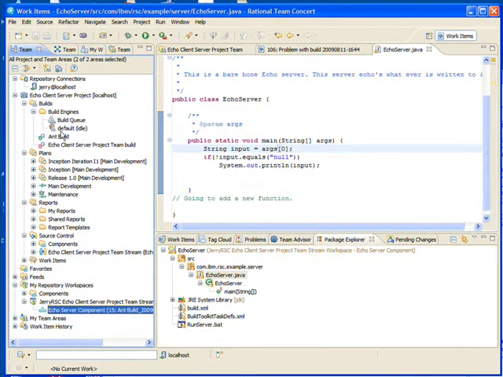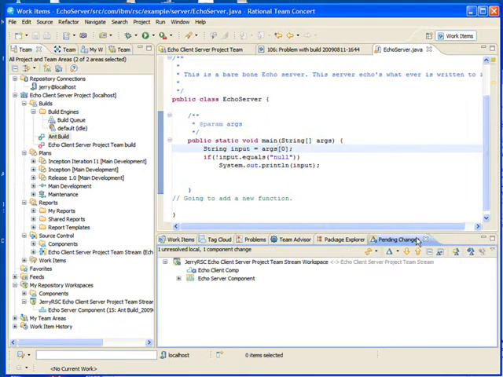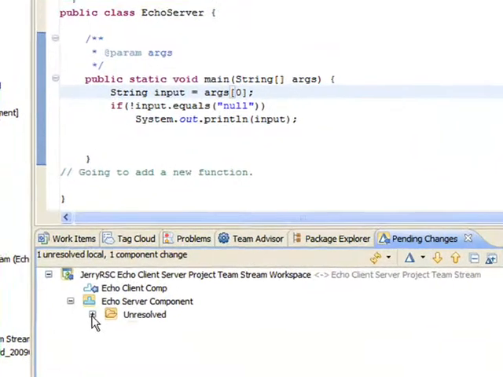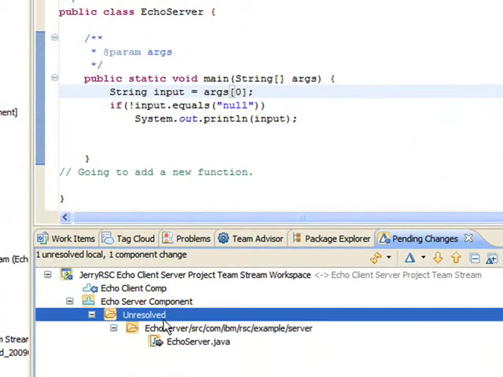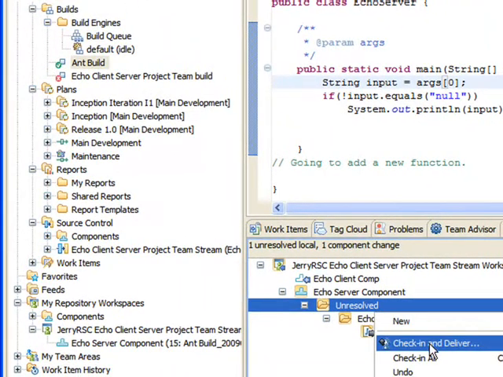So let's go ahead and fire a build. Okay, before firing the build we really want to deliver these changes, so we go ahead. Again we have unresolved changes, we go and say check in and deliver.